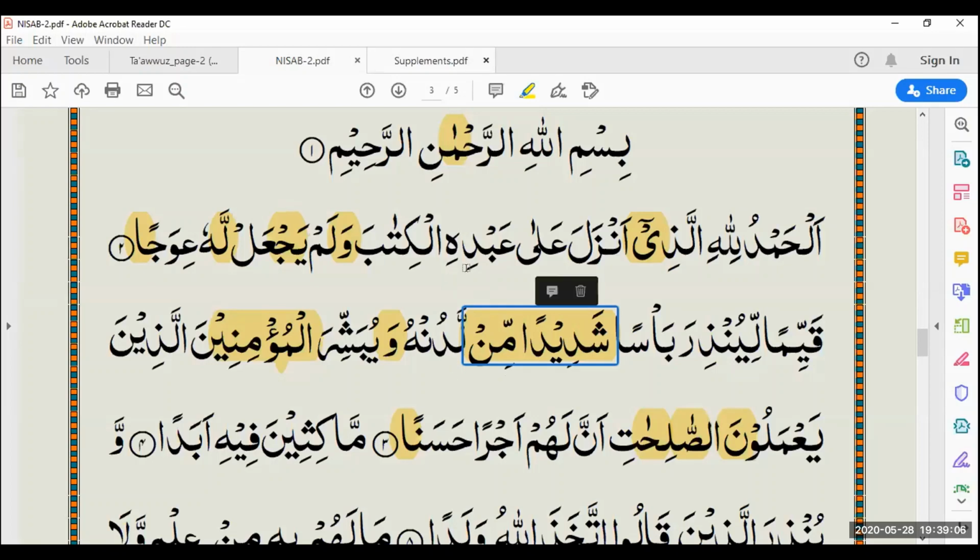And what does that mean? What does idgham mean? It means full assimilation. Well done, complete assimilation. Idgham just means assimilation, and then kamil means complete. Well done. I'll try again from wa.